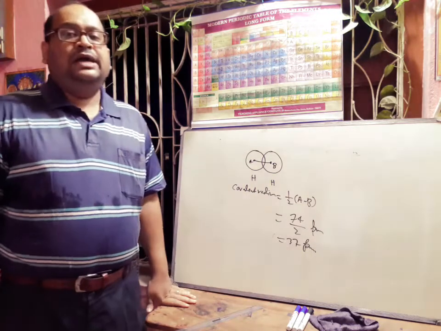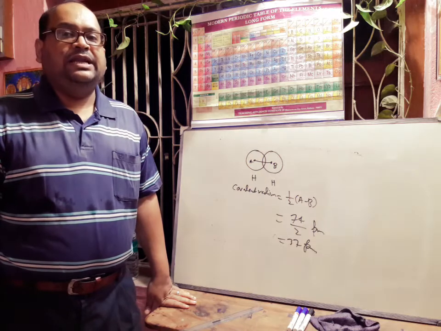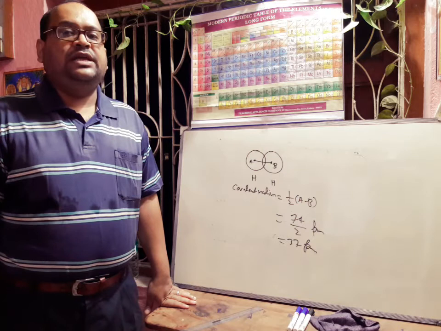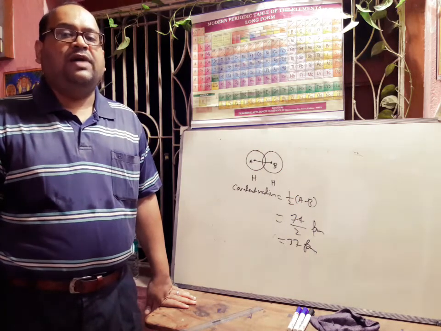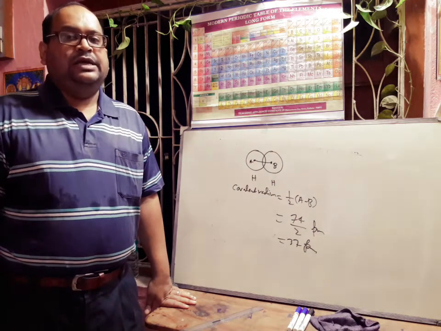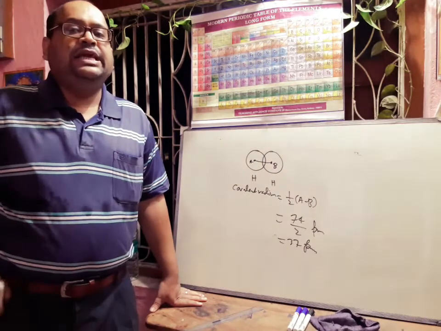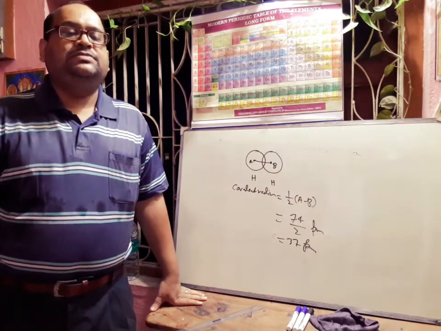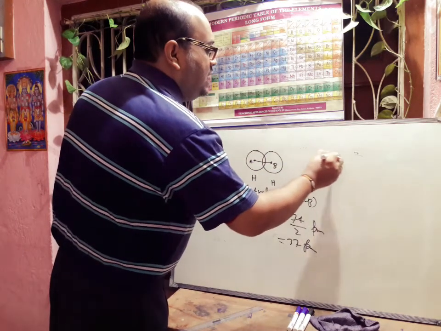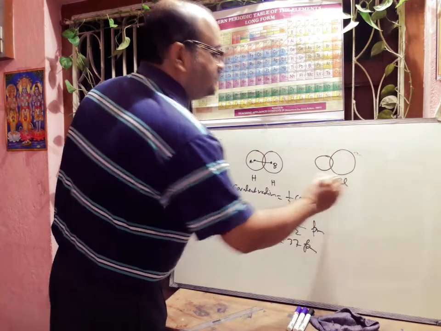But in the case of a heteronuclear molecule such as HCl, the covalent radius may be defined as the difference between the distance between the nuclei of two bonded atoms and the covalent radius of one of the atoms in the heteronuclear molecule. For example, we can think about the internuclear distance in HCl. One is hydrogen and the other is the big atom Cl. It is an HCl molecule.